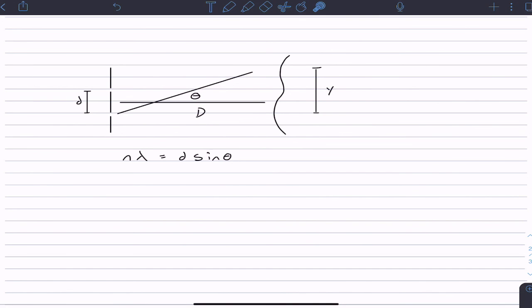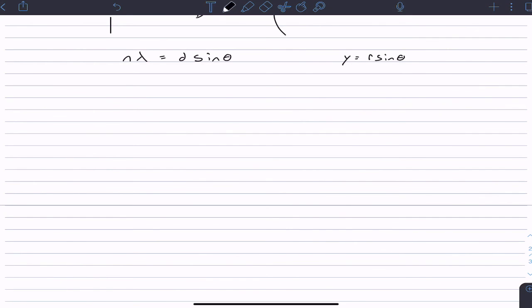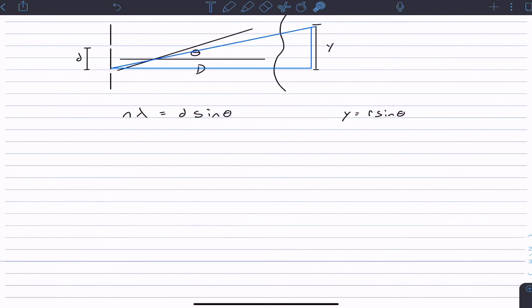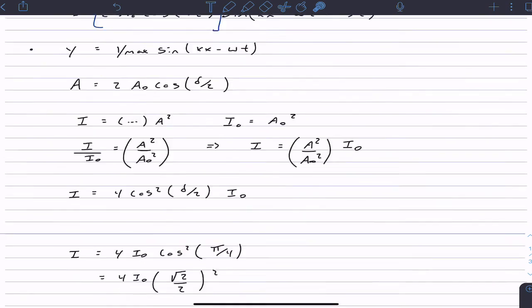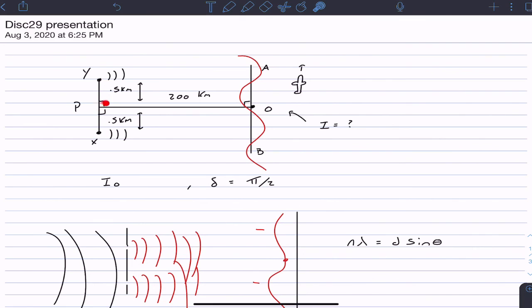Sine theta. Now we have this triangle that we can sort of exploit here. That's what I was mentioning earlier, where y is the distance between the maxima. Okay, just going back just a little bit here. Now we want to figure out, really the distance is going to be this r here, right? We want to know what that is. But if we look, this distance between the emitted sources, or here,